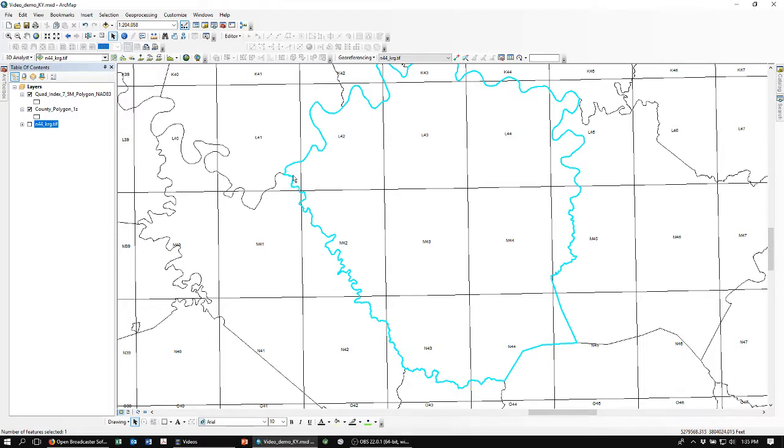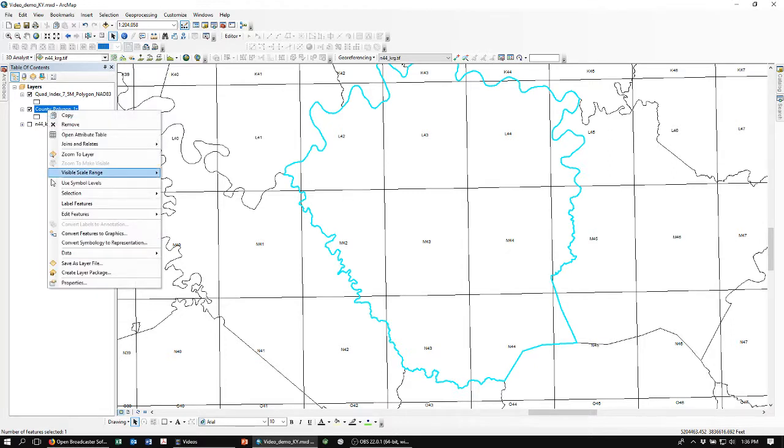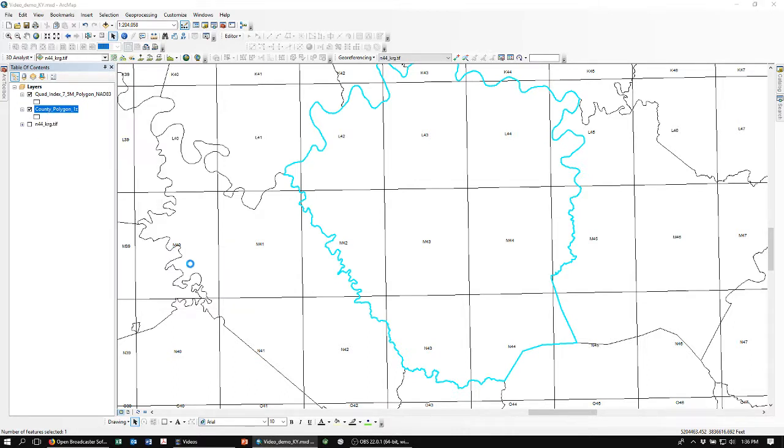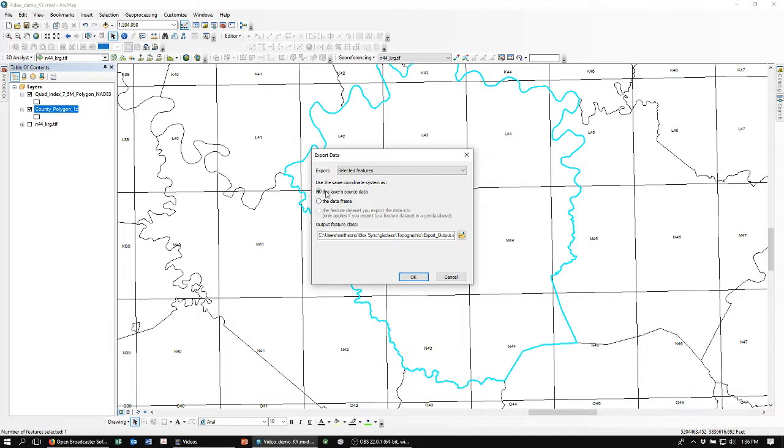And so I've selected that with this kind of cyan colored line there. So now there are different ways to display only Madison County, but I'm going to save a separate file. So you right click on the source of that selection, go down here to data, then export data. I'm going to use this layer's source data coordinate system, once again state plane,